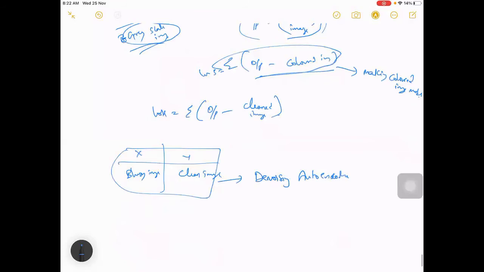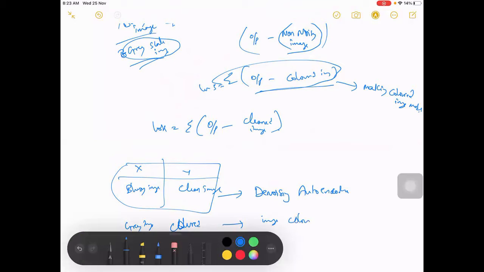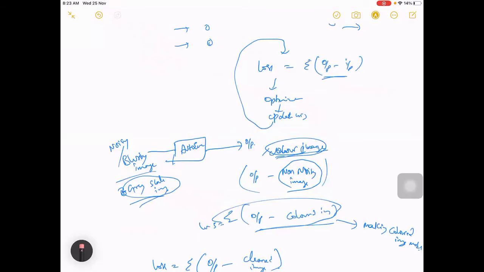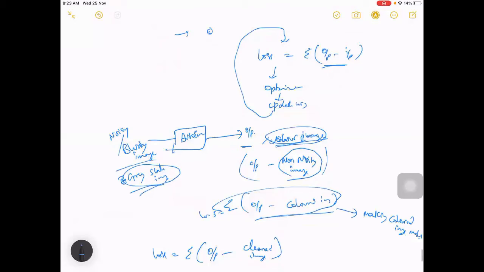But in case you give a grayscale image as your data and expect a colored image as the output, this is image reconstruction with color, I am not sure what word we use here. It will be that kind of model. So you can train either this way or this way, depending on your use case. There is only one small basic thing: your output, what you expect from your model.